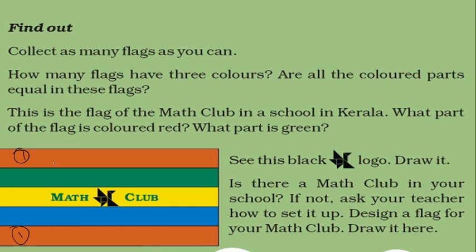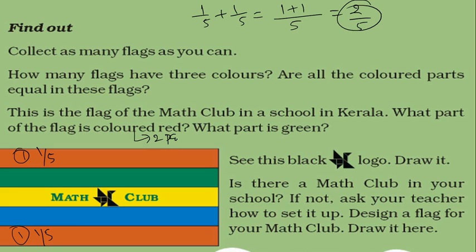So I write here 1/5, 1/5. I just told you how to add the like fractions, 1 by 5 plus 1 by 5. So you have to write the denominator 5 only once and add the numerators, 1 plus 1 is equal to 2 by 5. So what part of the flag is colored in red? It is two parts colored in red. What part is green? Only one part, 1 by 5th. So write here 2 by 5th. Here you write 1 by 5th part